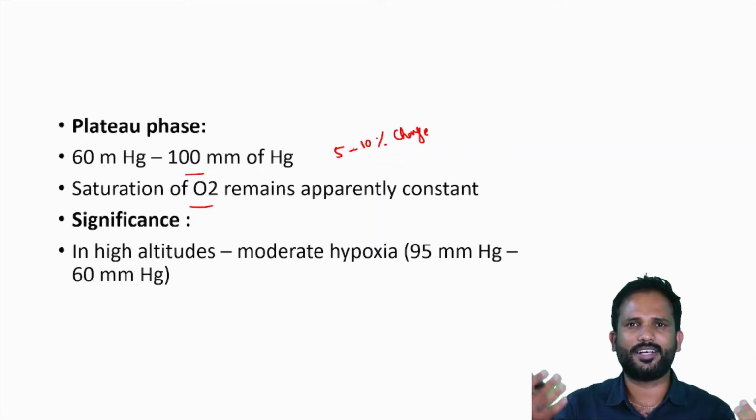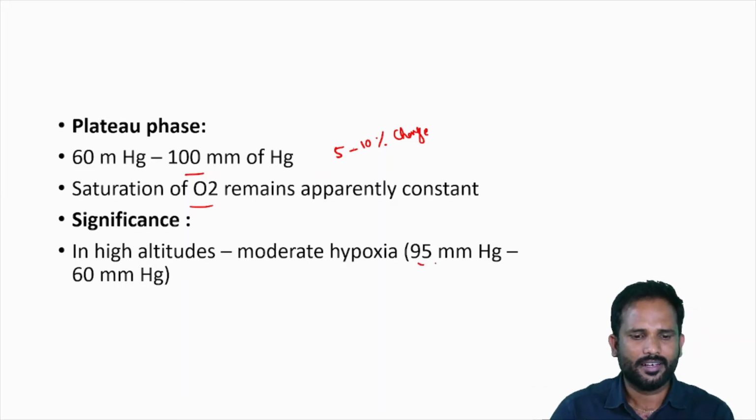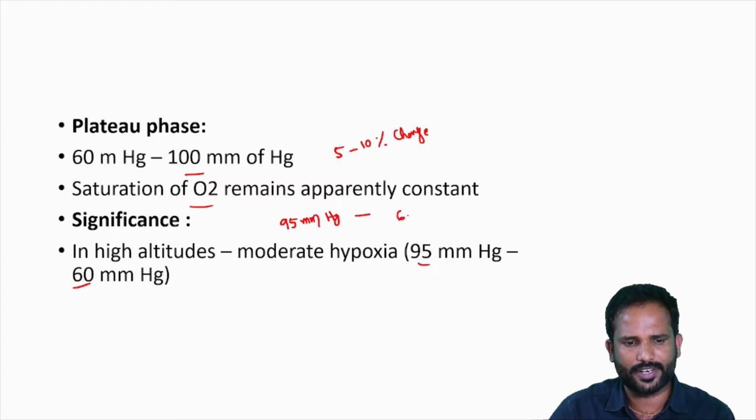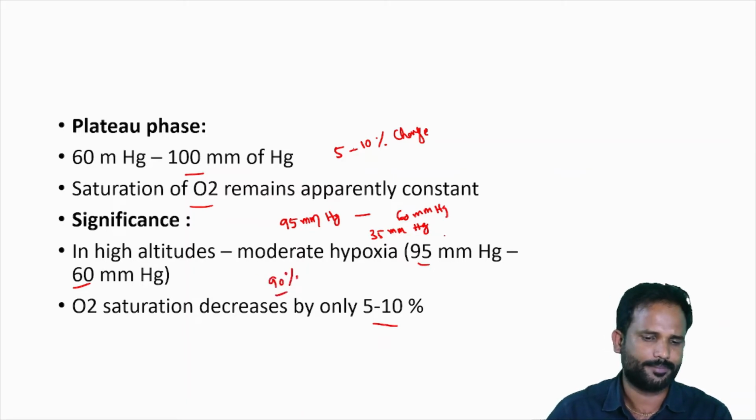Let us think that you are at a high altitude or you are doing physical exercise. You got hypoxia, around 95 to 60 mmHg. So partial pressure of oxygen at high altitude was reduced from 95 to 60. So almost we had a change of 35 mmHg. But the saturation of oxygen only changes 5 to 10% because at 60 mmHg it is almost 90% saturated, and